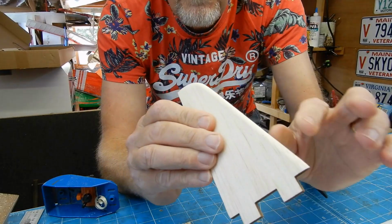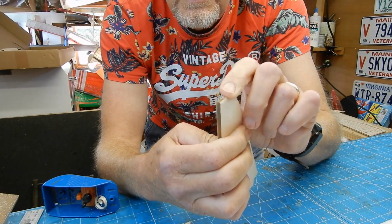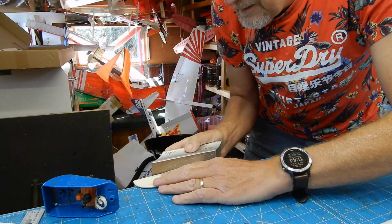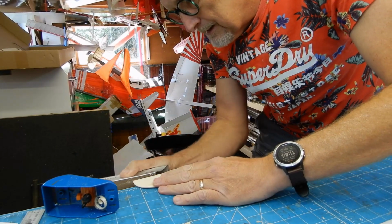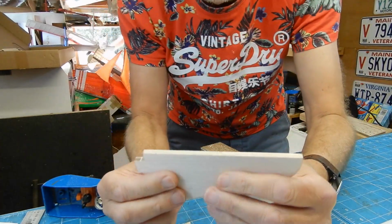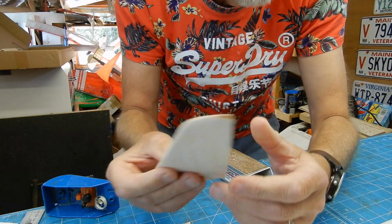So rounded, not massively, but just rounded edge. But I've left the very tip just at the top there, look, it's just the same dimension. And I'm just going to clean this up. I am just going to give it a couple of licks, basically just to remove the burning off from the laser cutting. Right, now